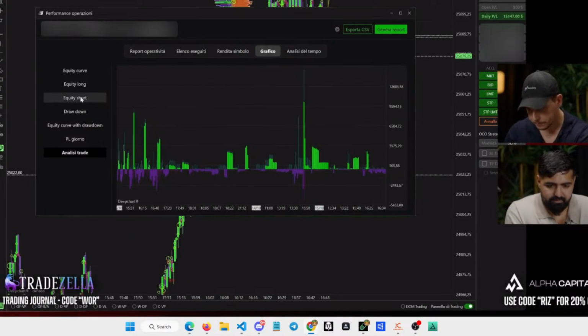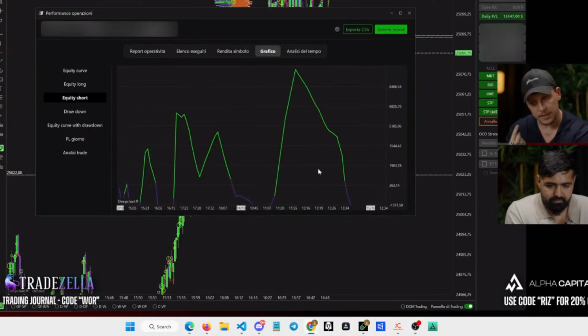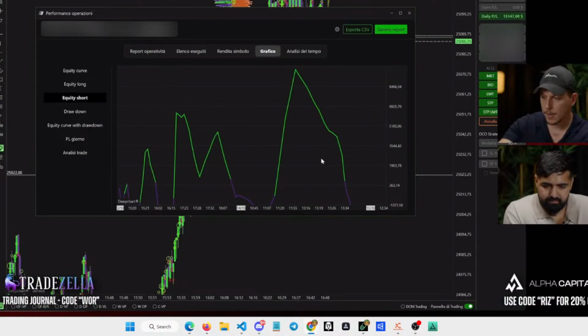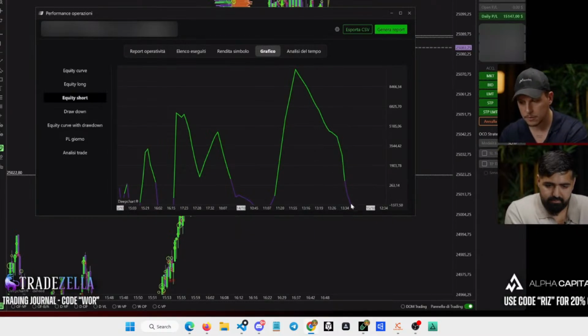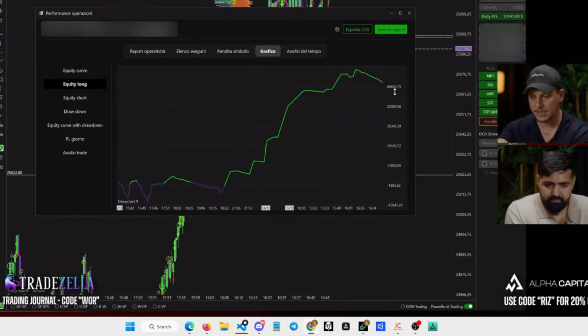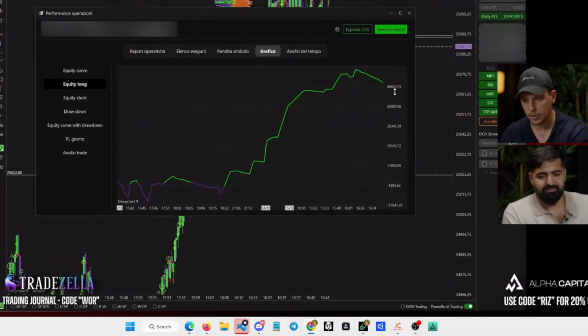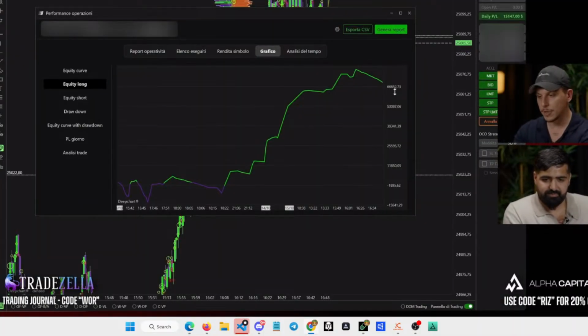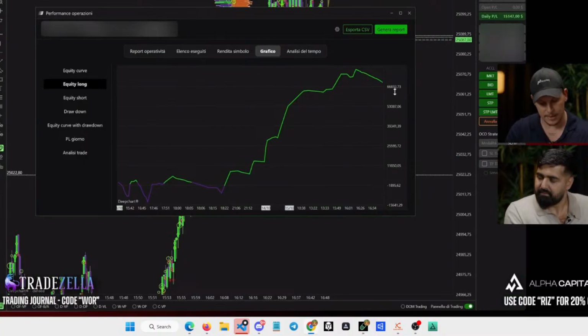And also, this week, this is really important to understand. This week, my equity line of the sell trade is almost in drawdown. It's 1,700 minus. The equity long, it's $67,000 in profit. This is important to understand, because it means that in this market scenario, the sell is not profitable, and